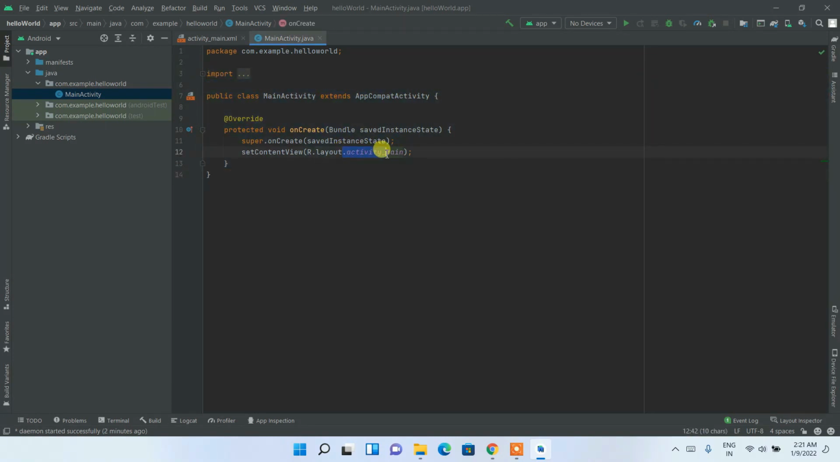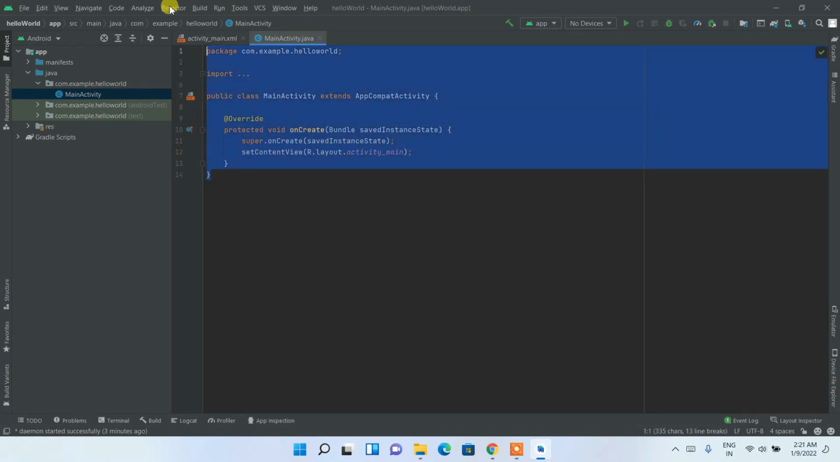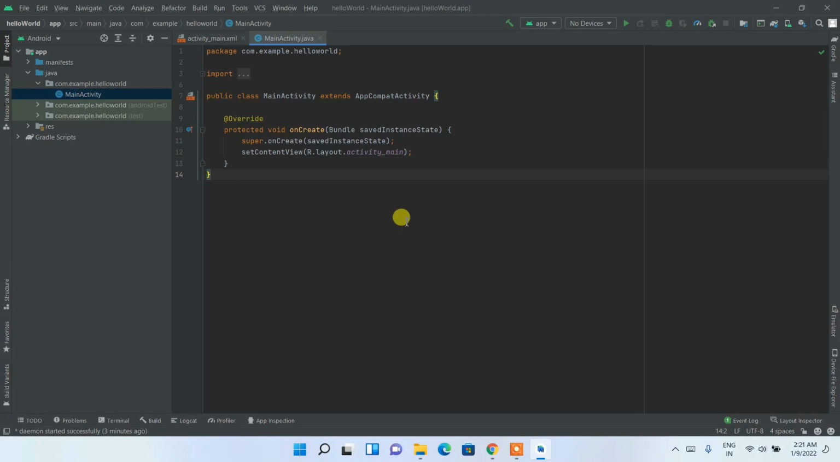So from here, R.layout.activity_main, that is this activity_main, is going to be launched. So just do this much and then connect your phone with the laptop. You must have a USB cable. Just attach your USB to your phone and to the laptop or desktop that you are using. I'm going to connect the same,